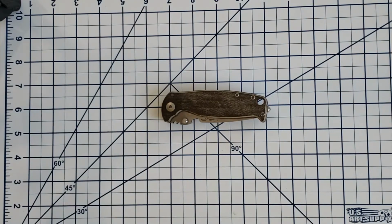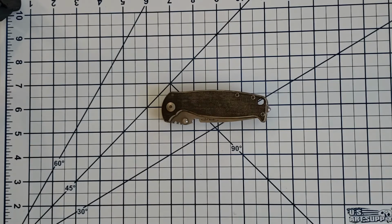Micarta, a working steel M390, carbide glass breaking tip, and it's not the most fidget friendly knife. It is very nice. I'm happy to have it. And the reason why I did buy it is